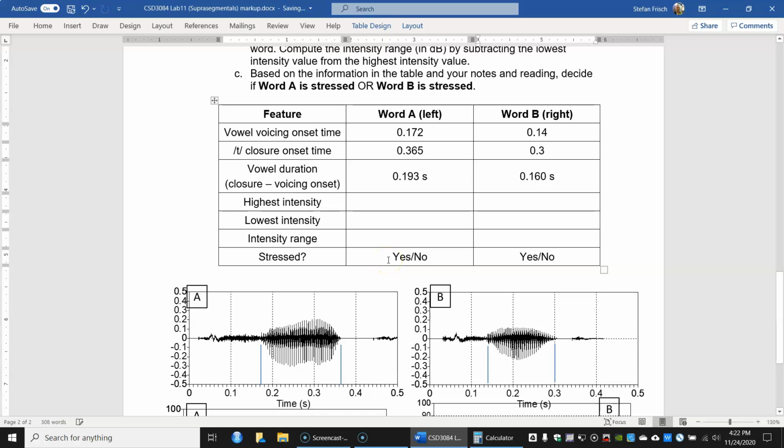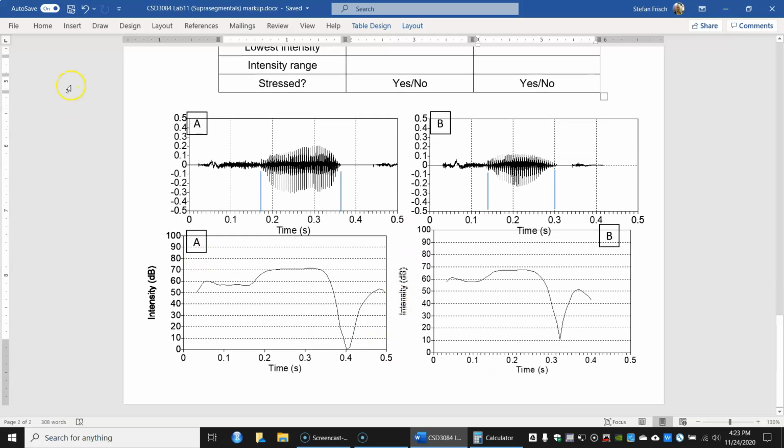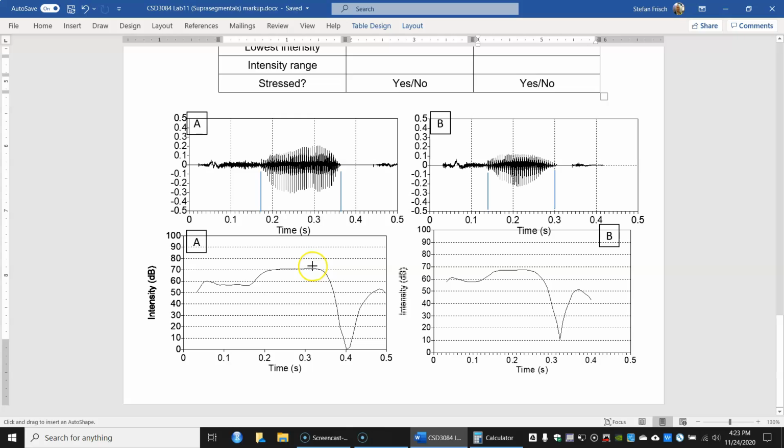Okay, so word A on the left has a little bit longer vowel than word B on the right. They're the same word with the same A vowel quality, so that is a straight up comparison. Word A on the left has a longer duration than word B on the right, or I guess I should say the vowel within that word, so we would expect the longer one to be the stressed one. Hopefully intensity will give us the same result. Going to basically do the same process. What's the range from the highest to the lowest intensity? For the word on the left here, the highest intensity looks like it's that little blip right there,